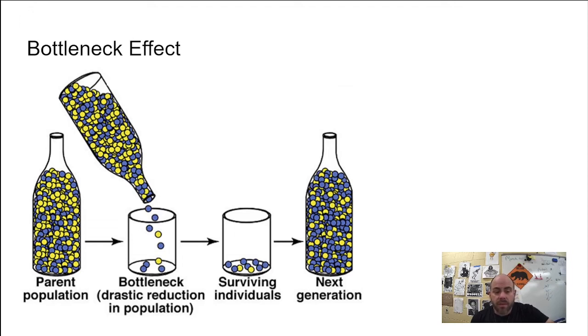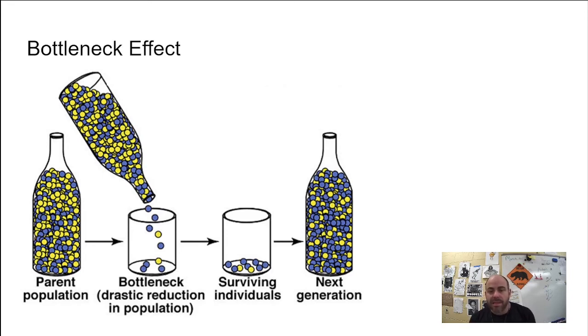Bottleneck effect is one of them. This is where a small section of the population is all that's left of a larger population, right? It's like trying to pour beads out of a bottle. Only a handful of beads are going to come out. The rest of them are going to get caught in the bottleneck. What could cause this? Usually a natural disaster, right? Something like that's going to cause this massive change to a population, cause it to change over time, and there you go. It's going to completely and dramatically change the makeup of that population because random, right?